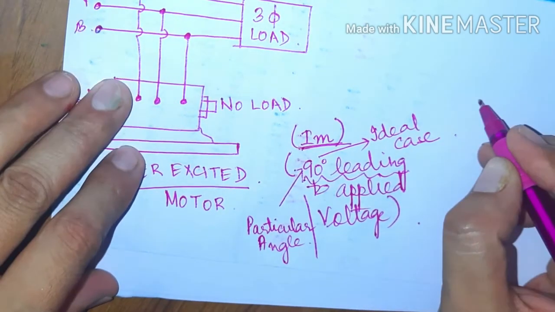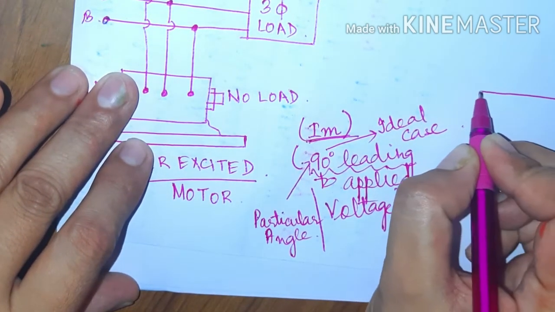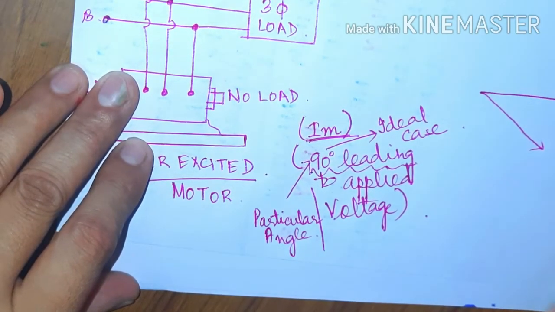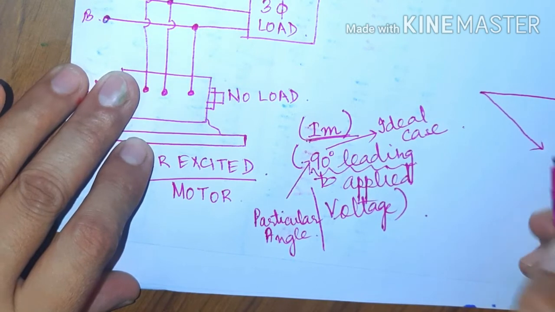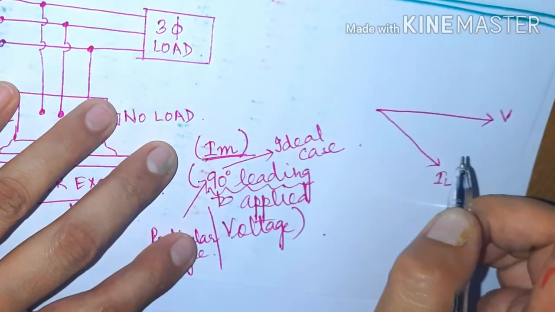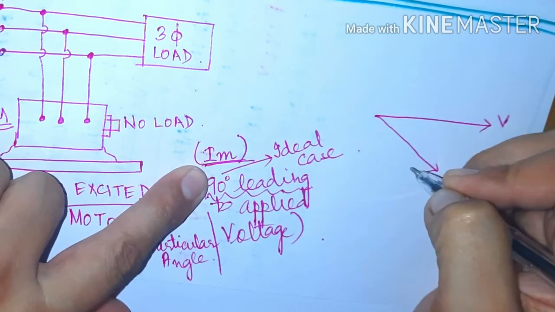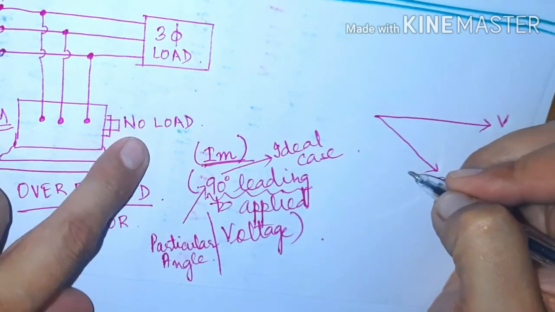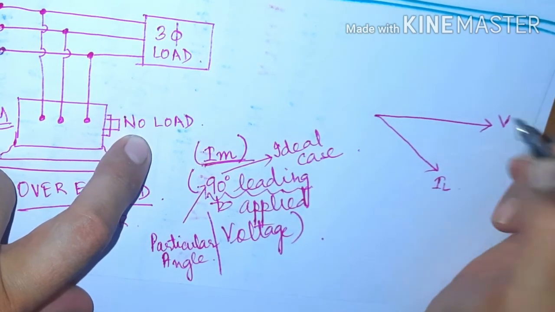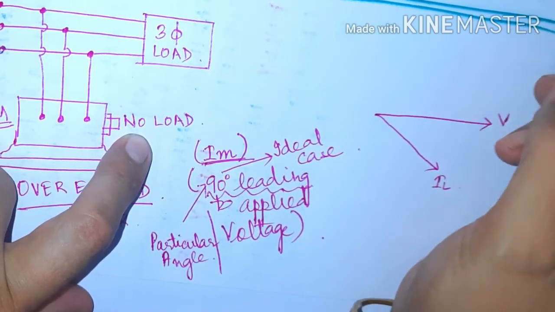Now say for example, this is the applied voltage, that is V. When the synchronous motor is not connected, the current flowing through this three-phase load, or even if you consider it as one phase, is the load current, that is IL. Now as you connect a synchronous motor, which behaves as an over excited synchronous motor at no load, it is a property of the synchronous motor. If you want, I can elaborate in some of the lectures, but that depends on the demand for that topic. You can write it down in the comment section.